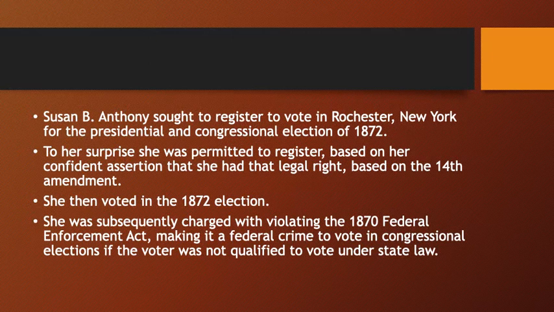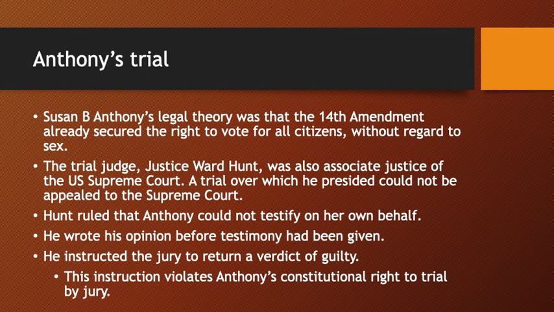She was subsequently charged with violating the 1870 Federal Enforcement Act, which makes it a federal crime to vote in congressional elections if the voter was not qualified to vote under state law. This was a curious way of bringing federal charges against a voter or a citizen or a non-qualified voter based on state law. Her legal theory was that the 14th Amendment already secured the right to vote for all citizens without regard to sex. But there were legal objections to holding the trial in Rochester, and the trial was moved to another town